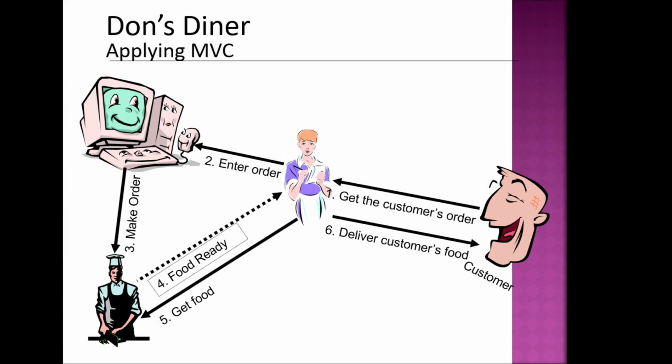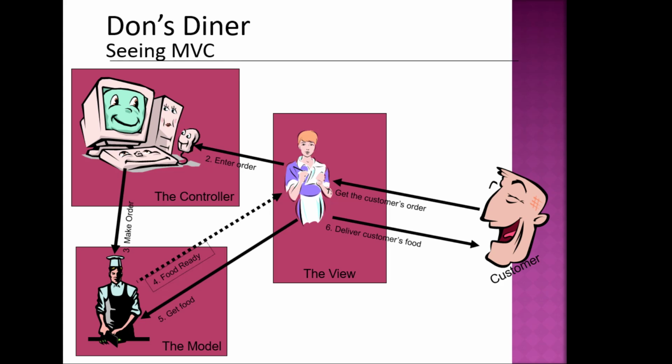And so the delivery of the food happens through the user interface with minimal interruption to our wait staff. That is the purpose of the model, view, and controller. So the model is the thing that's most important. People come to Don's Diner to eat the food. Now, they love the wait staff, don't get me wrong. They love the interface, but without that core business model of great food, nobody really is going to be coming